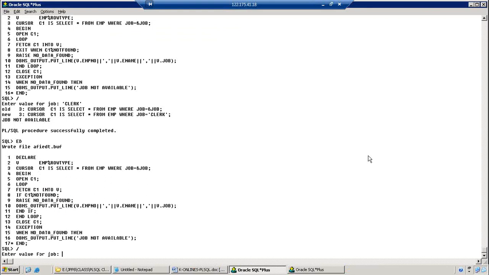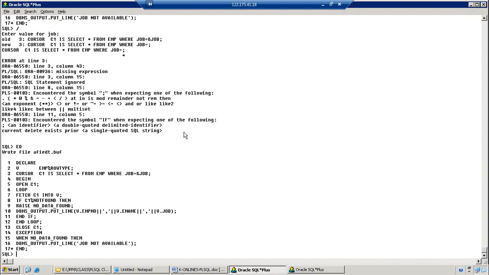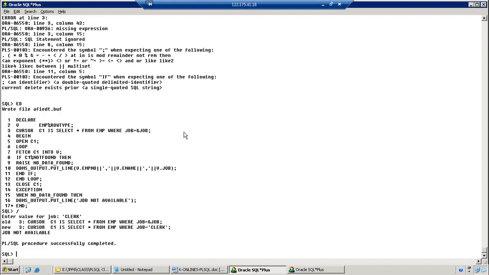After that only, okay. Acha. If less, then raise no data found. Loop directly it will be into the